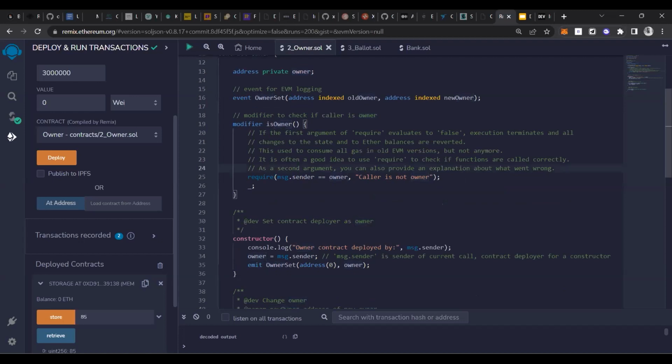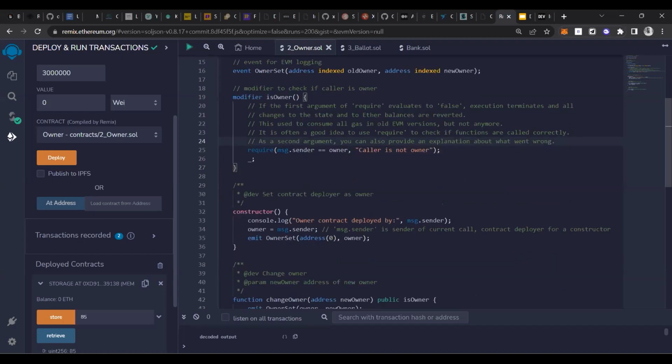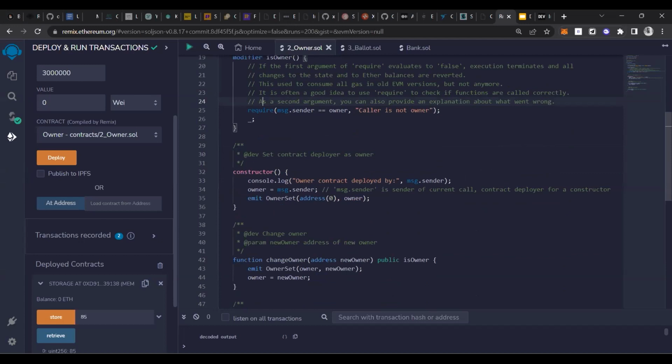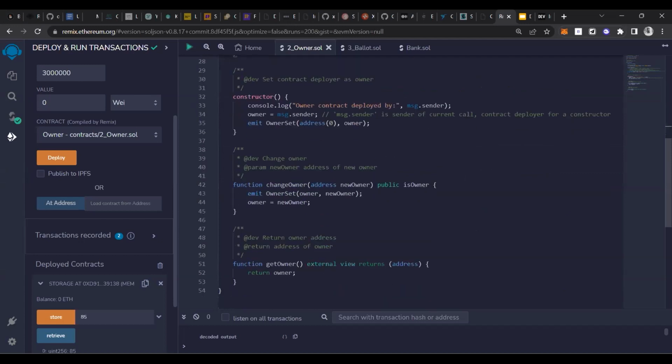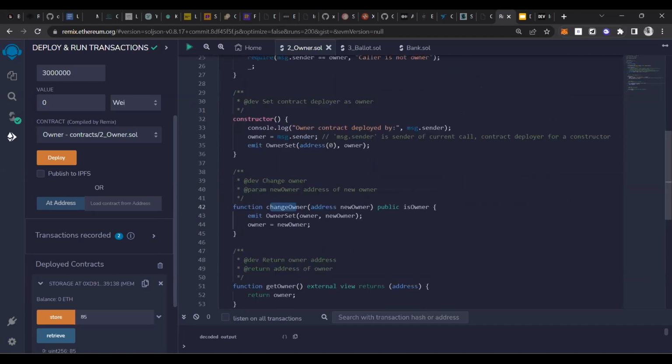Okay, this modifier is isOwner, and there is the constructor, which we have already talked about. In the constructor we set owner to msg.sender, meaning whichever account deploys this smart contract at deployment time is recorded as the owner.